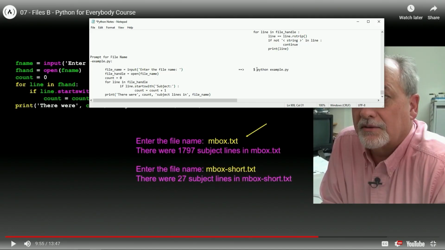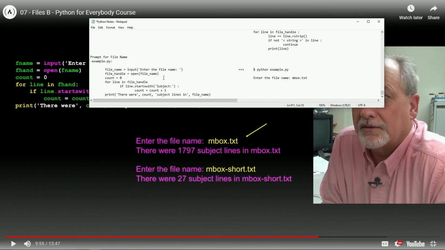So we got that. Now we're going to come down here and act like we ran it. So when this runs, we're going to say enter the file name. And then we'll put inbox.txt. Or do we do it like this? No, it is like this. Okay, so it would be inbox.txt.